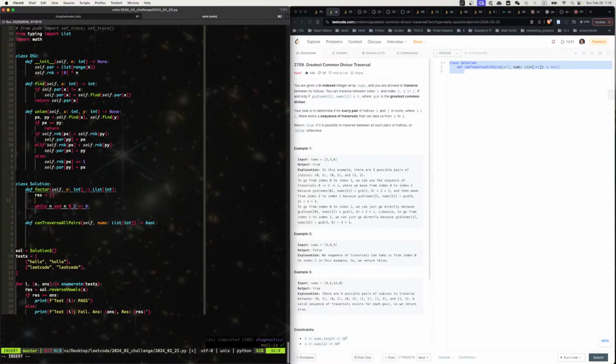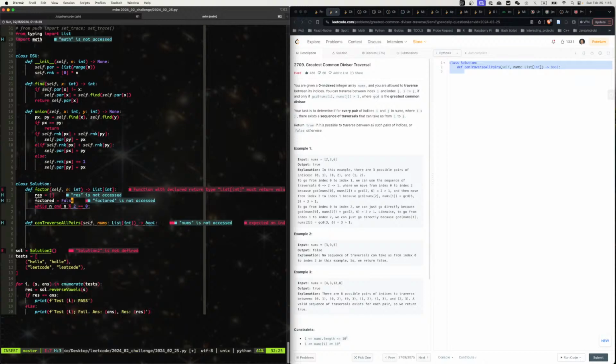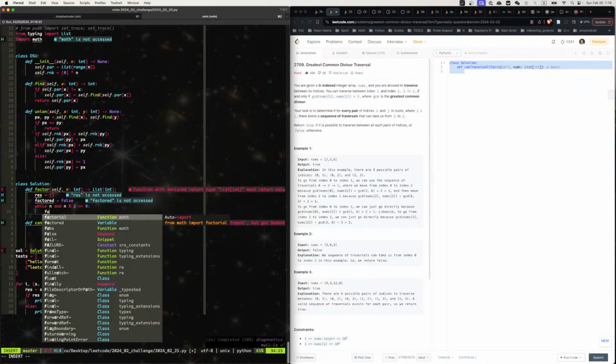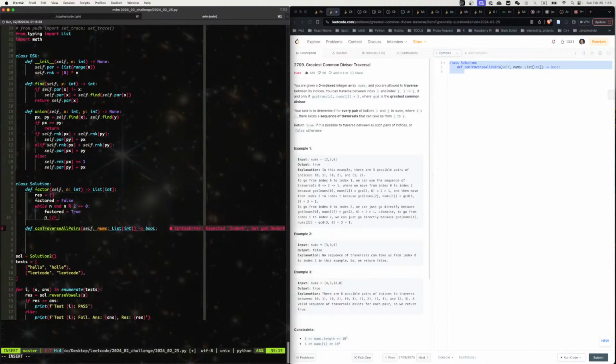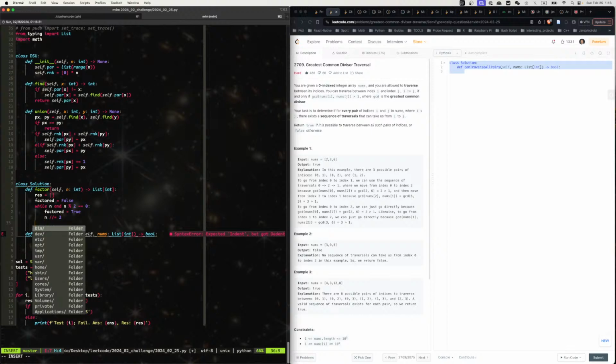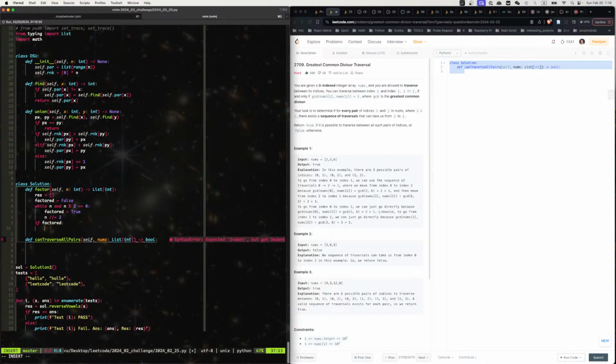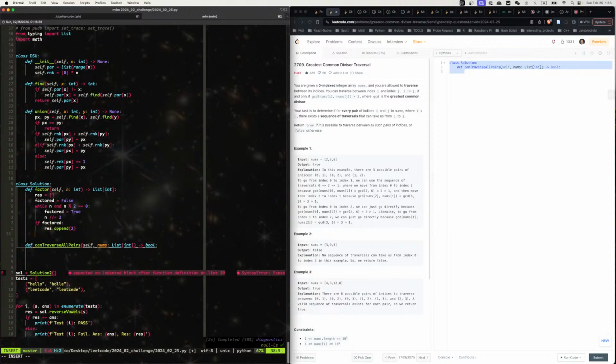I just said factored equals false. Okay. So every time we do this, we say factored will equal to true. And n2. And then we say if factored, then res.append(2). Alright, so this handles 2. Then we say